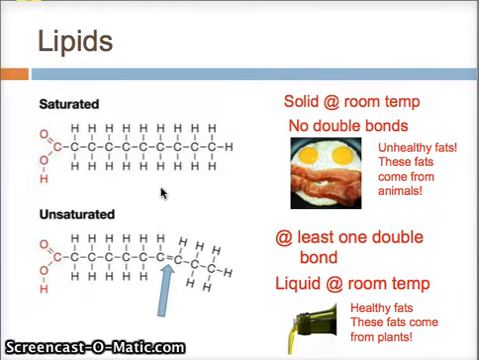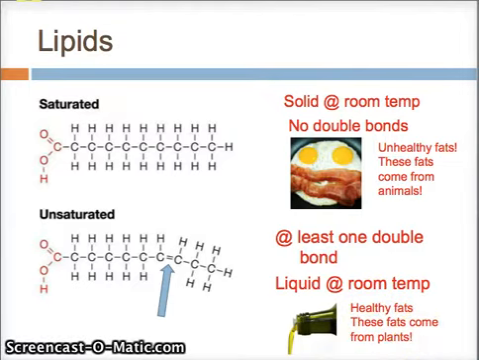Now the right-hand side, your unsaturated fats. See right here where this arrow's pointing, this equal sign? That's what we call a double bond. An unsaturated fat is going to have at least one of those. Next thing you need to know, these guys are liquid. So this is your oils. Maybe you put oil on your salad. We consider these healthy fat. So you need some fat in your diet. These are the ones you want to eat, the unsaturated fats, because they come from plants and not